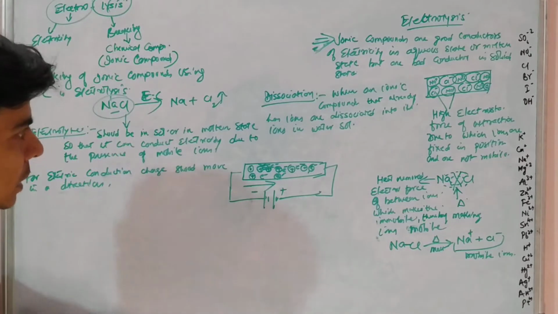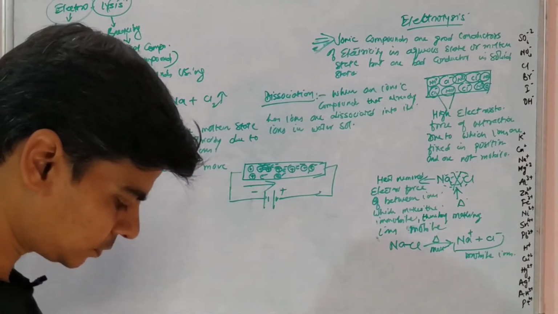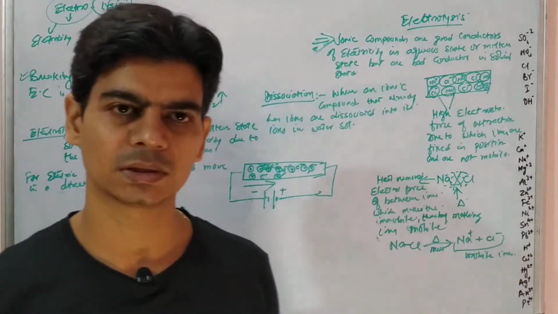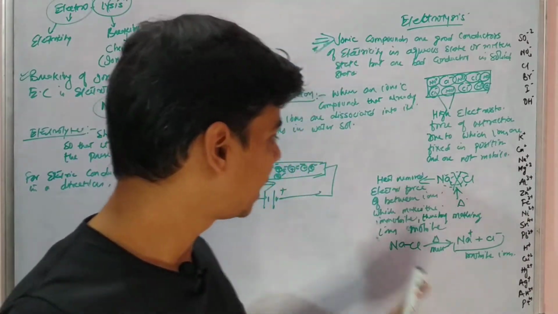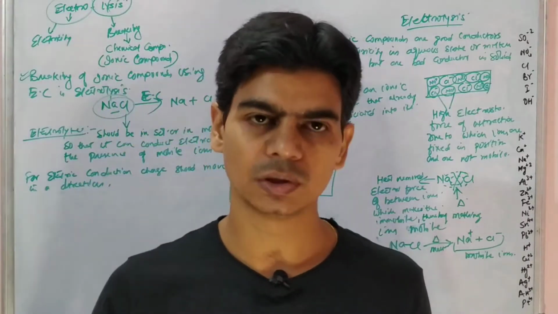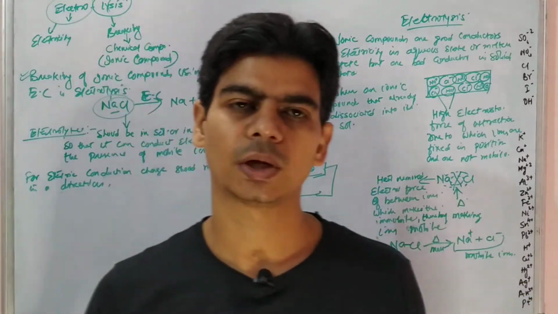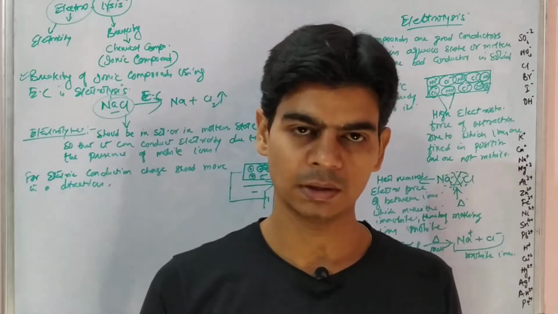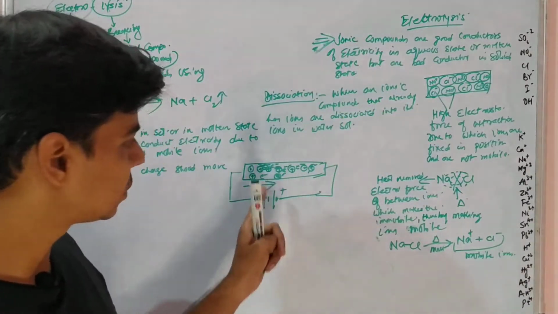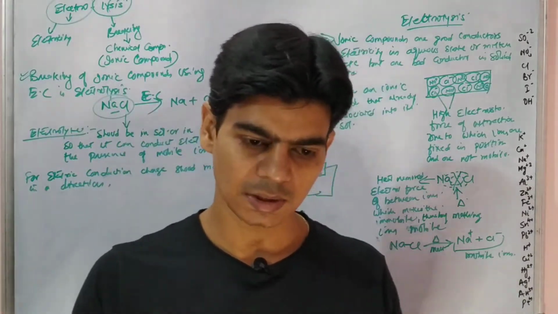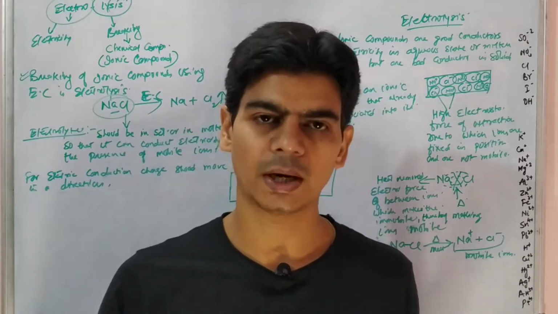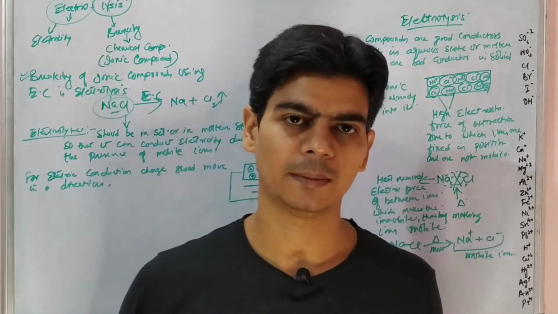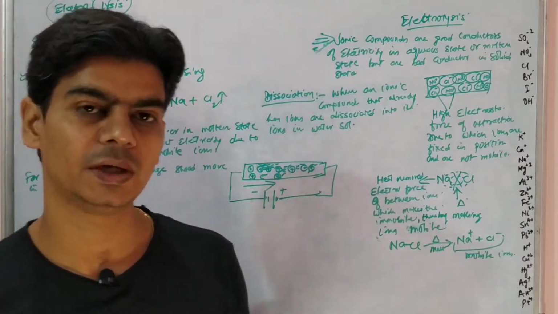Now let's talk about electrolytes. You will learn in future lectures how these ions are mobile in water solution. When you add sodium chloride into water, sodium chloride dissociates into sodium ions and chloride ions. Like these electrons are randomly moving, these positive and negative ions are also randomly moving and are not reacting when there is no electric current applied to the solution of any electrovalent compound.